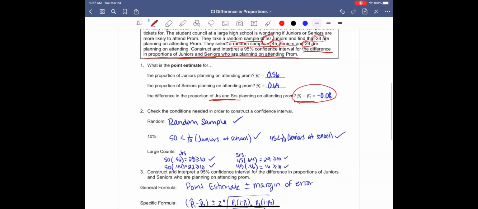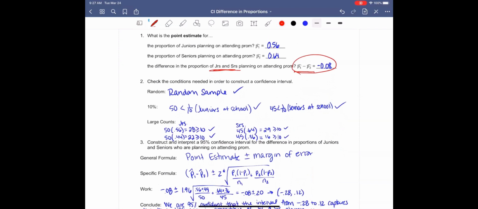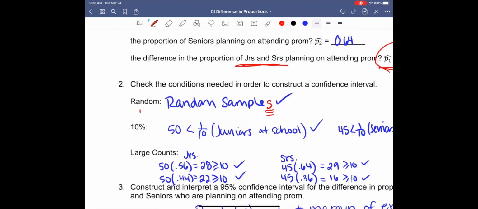Okay, next we're looking at conditions. You probably wrote something about random sample in a check. Now here there's some stuff we actually need to add. What's important here is it's not just a random sample. There were actually two random samples. So I'm going to add an S onto here and I'm going to underline that. That's actually very important. When you're doing one of these confidence intervals on the AP exam, you have to make sure you're noting that there is more than one random sample. Now, if you just want to write random sample, you need to make that plural, or you can give both of the random samples. So actually what I would do here is I would list out that there was a random sample